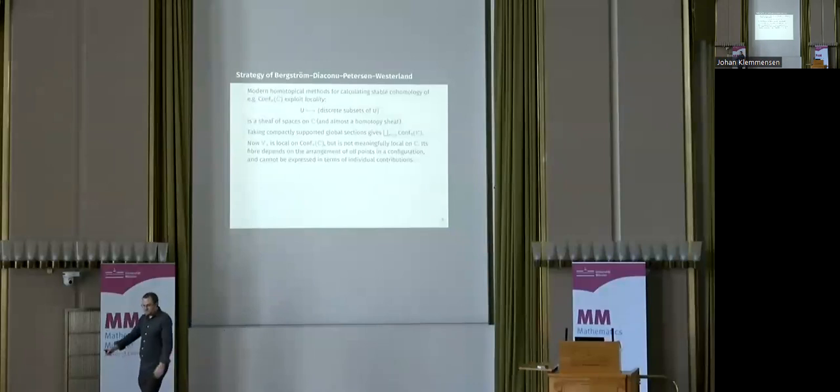Now, this is all well and good for computing ordinary cohomology of things, but something like V lambda is a local system on the configuration space by definition, but it's not in any meaningful sense local on the complex numbers. If I want to know the value of this V lambda, I need to know where all the points in the configuration are so that I can make the branch cover so that I can take its cohomology. And that answer cannot be communicated as some kind of local contribution from each of the points in the configuration. It depends where they all are simultaneously. It cannot be expressed in some sort of local terms. So that's somehow a difficulty.